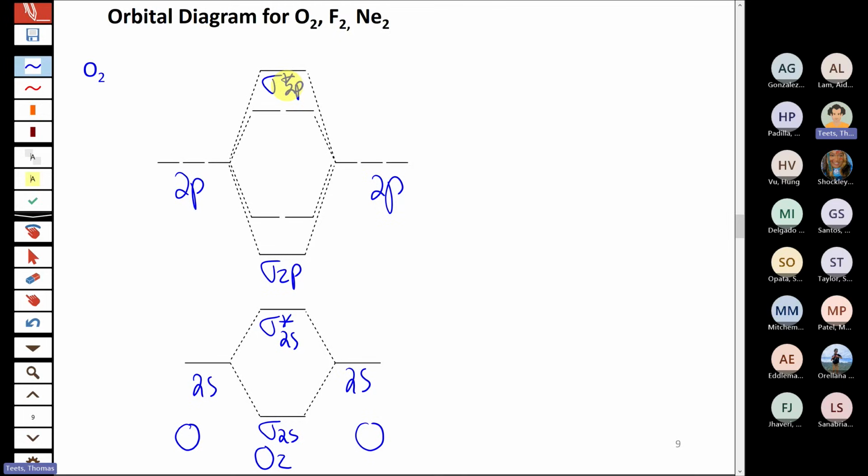And as we said, there's going to be 2 at each energy level because the ones that come from py and the ones that come from pz are the same energy, just rotated differently in space. So you're going to get your pi 2p here at lower energy, which is the bonding pi orbitals, and then pi star up here, a set of 2 for each of those.